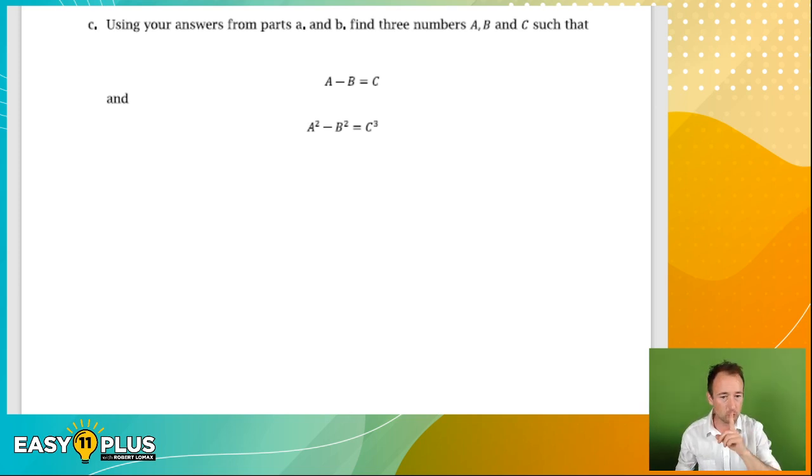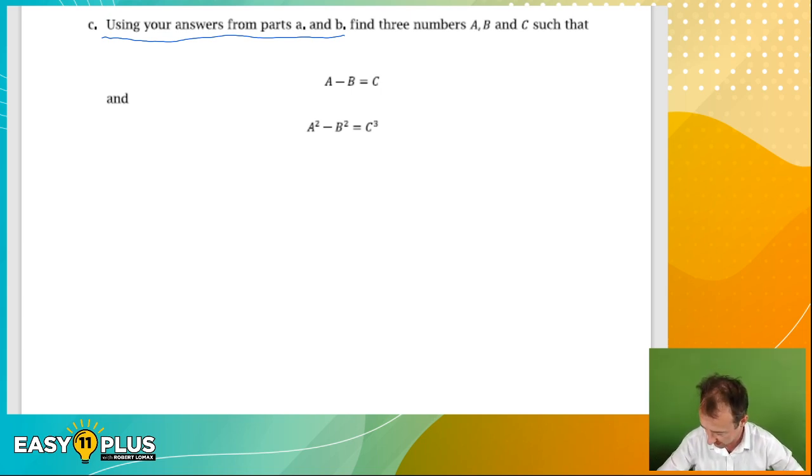But, so, using your answers from part A and B, now that's something I like, because that's telling me what to do. It's telling me to look back through the rest of the exam. Okay, using your answer for part A and B, find 3 numbers A, B and C such that